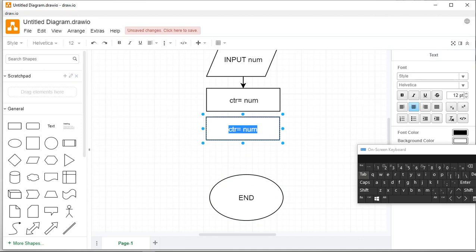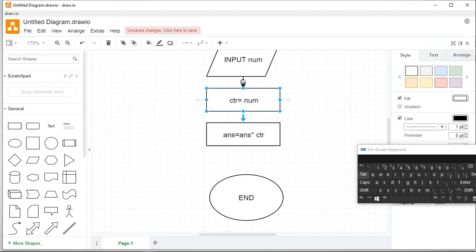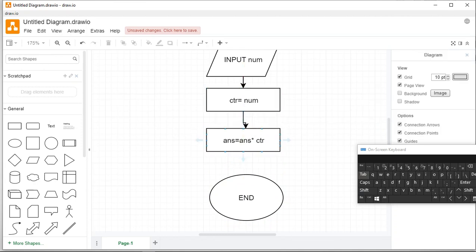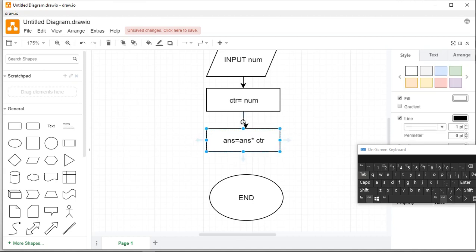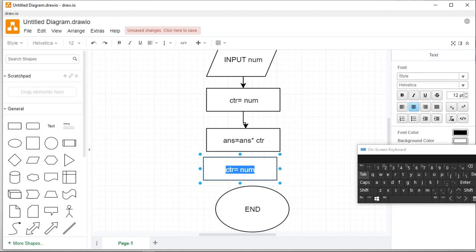So I'm gonna change this one, ans equals ans multiplied by counter, and then after that, I'm gonna do another process, which is to deduct 1 from num. Num equals num minus 1. Okay,